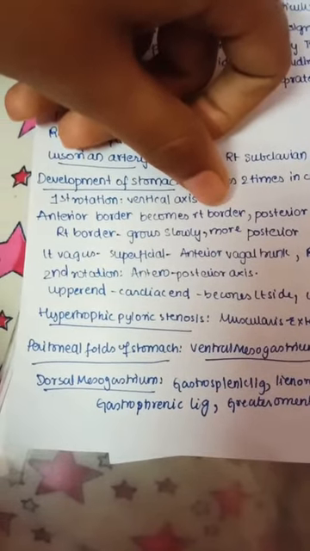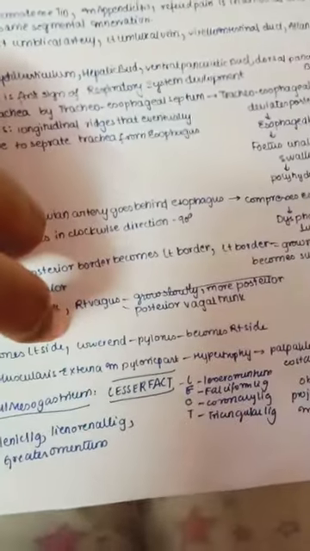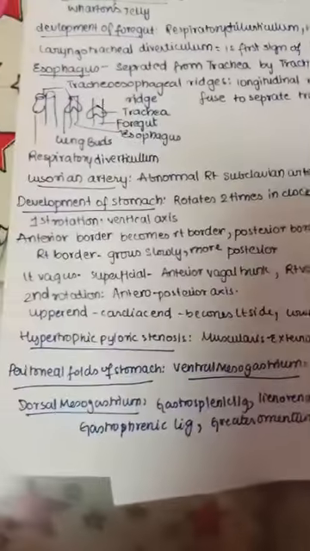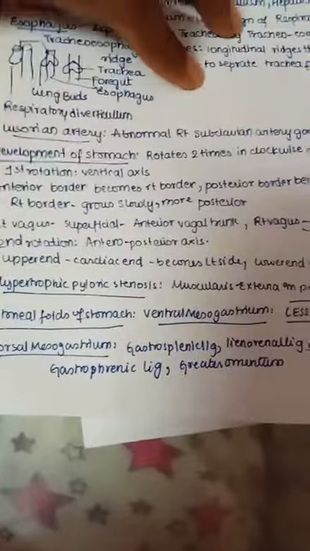The second rotation is in the anterior-posterior axis. The upper end becomes the cardiac end and moves towards the left side, and the lower end, towards the pylorus, becomes the right side. We already described this in detail in our explanation. This is a revision video, so we are not explaining it again, it is a very simple process.